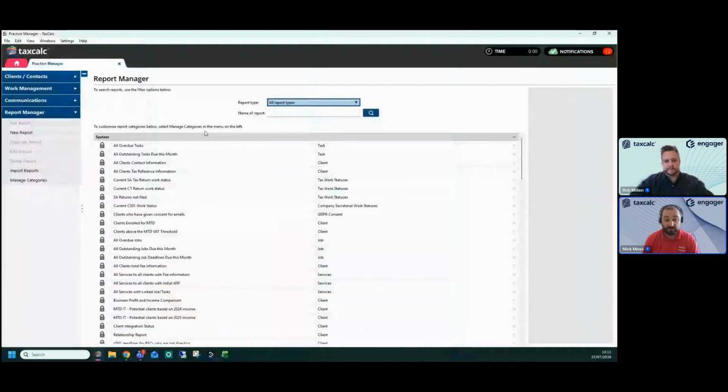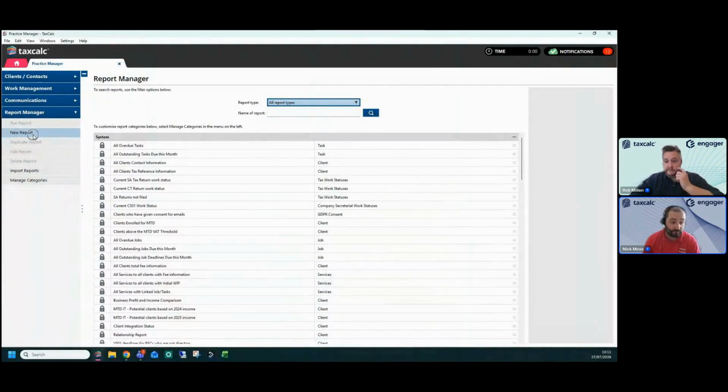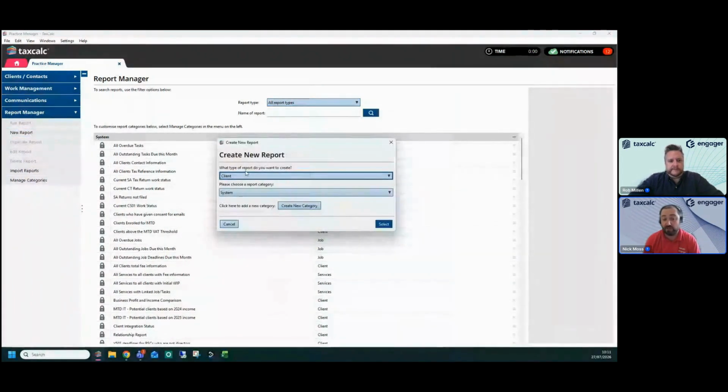So when you're in this view here, can you click New Report for me on the left-hand side? And if you click New Report, it will ask you what type of report do you want to use, client or system. For brevity today, leave those as standard. If you have lots of different report categories that you've created for yourself, feel free to pick one if it goes in a particular category, if you're comfortable with the report system already. If you're not, just leave them as the default. Click Select,